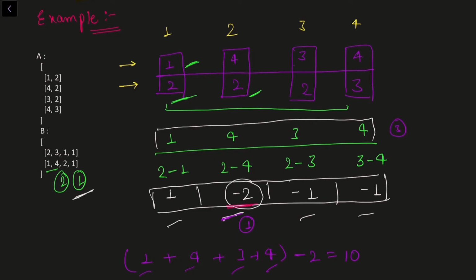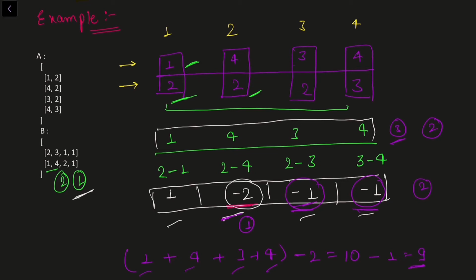Since it is not mandatory for us to choose three elements from type 1, what if I only choose two elements of type 1 and two elements of type 2? Then what will happen? Okay, so in that case, let's say I am choosing two elements of type 2, then I can select any of these two elements, right? Because they are reducing our cost by 1 as well, right? So let's say I selected the third element, then I'll subtract again 1 from it, and then my cost is 9 here, right? Now in this case, I chose two elements of type 1 and two elements of type 2, right? And I got the cost as 9.